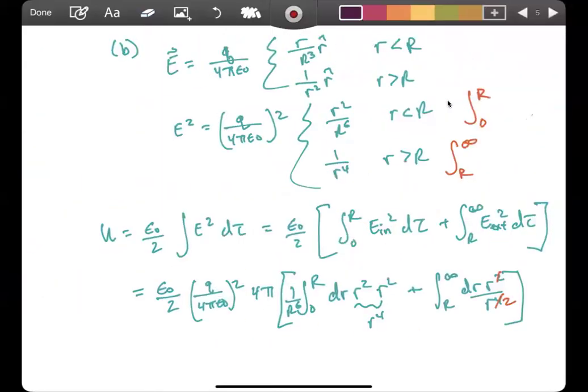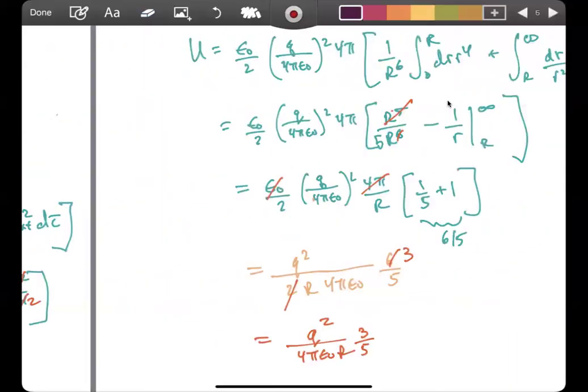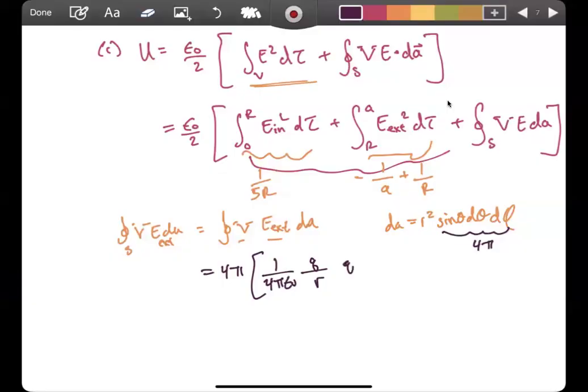So if I go back to that one, it's the same thing, except it's over r squared. So I'm going to get a q over 4 pi epsilon naught, 1 over r squared, all times this extra r squared here. So this r squared here is going to cancel this one. So at the end of the day, this guy's going to become simply